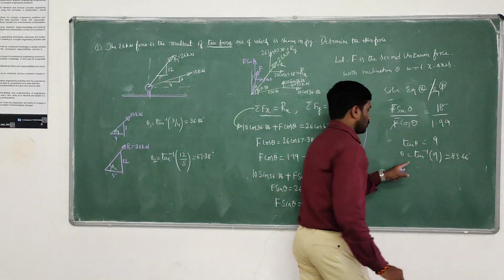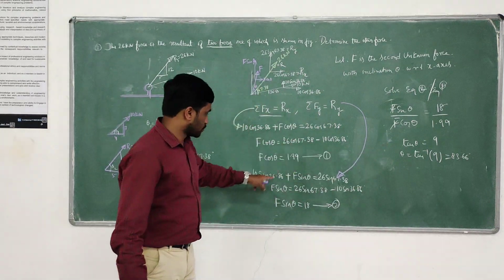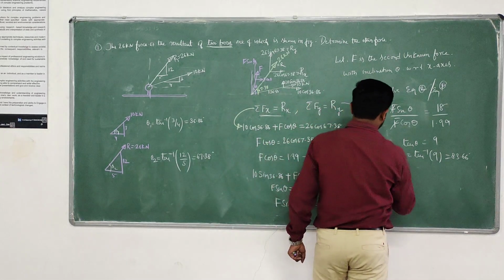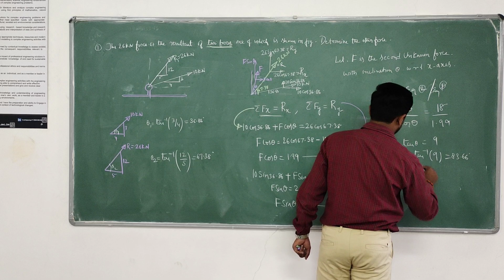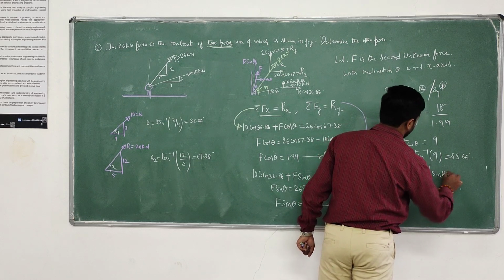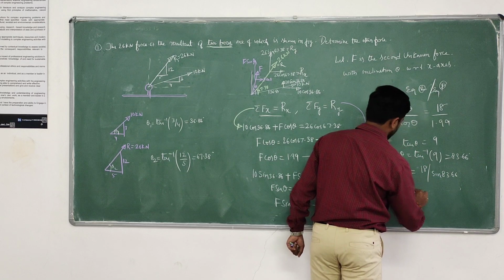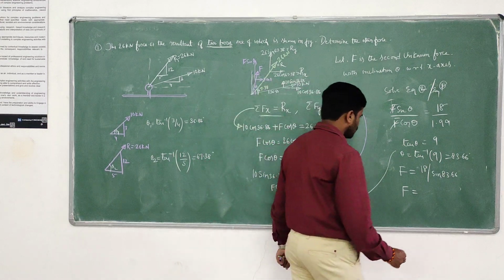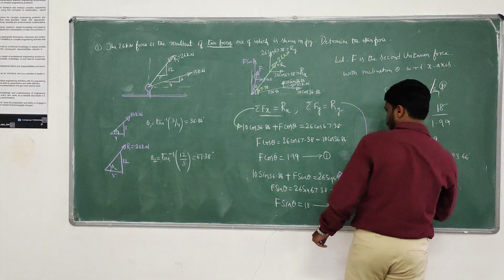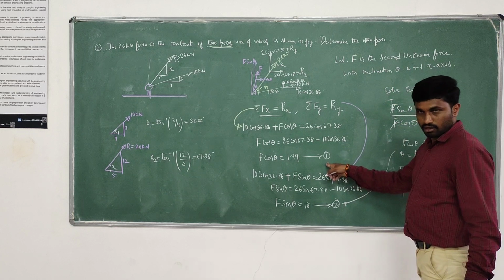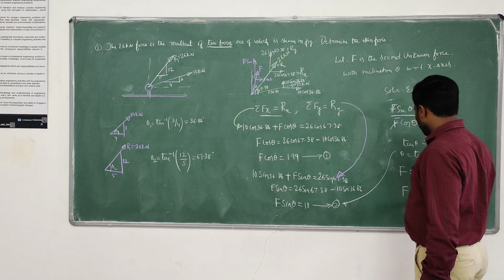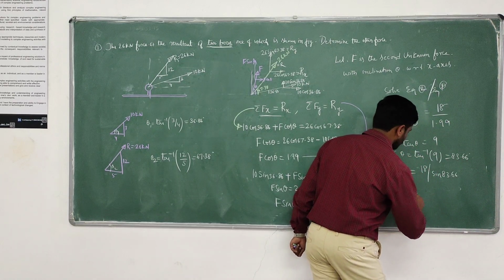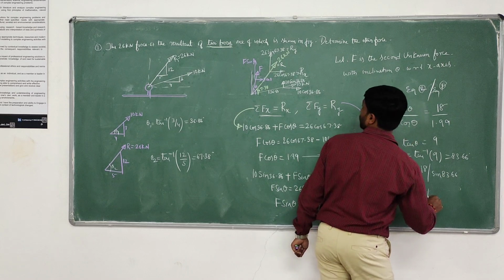Once you got this theta value, generally substitute it into sin theta, the dominant one, here or here, whatever it may be. You are getting the F value. F equals 18 divided by sin theta. What is the value of F? 18.11. Or you can substitute into cos theta, or use root of Fx square plus Fy square. Okay, no problem. So the F value is 18.11. Newton or kilonewton? Kilonewton.